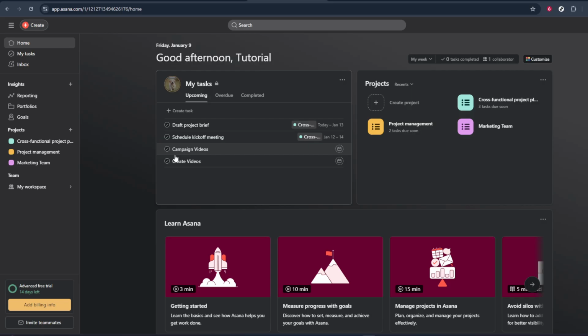To begin, you'll need to open the specific project that contains the section you want to delete. You can do this by going to your sidebar on the left and clicking on the project name, or by using the search bar at the top and typing in the project's title. Once you've found it, click to open the project in list view so you can clearly see all of your